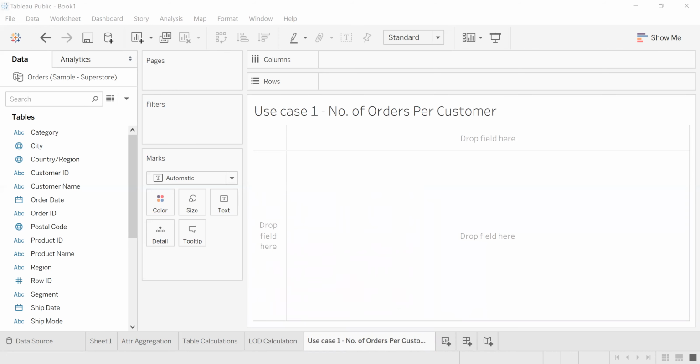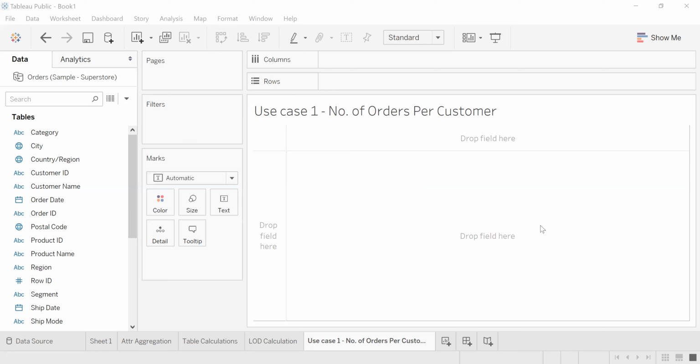Let me ping you the use case in the chat so that I can explain. See, this is use case one, count customers by order.